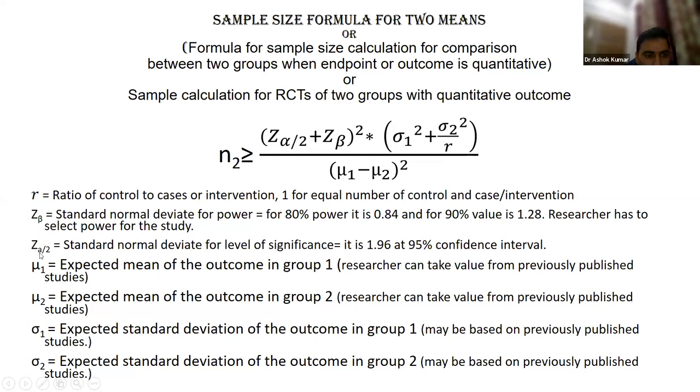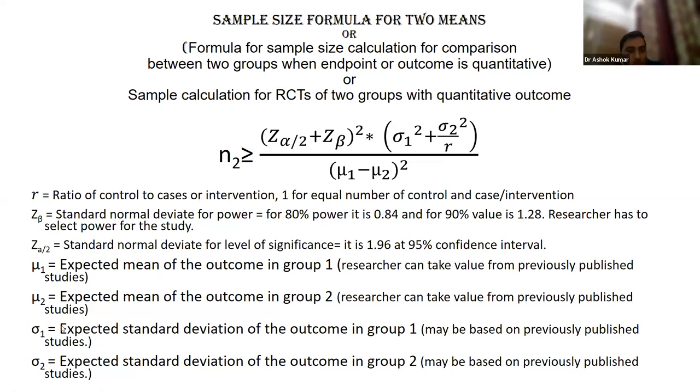When case or control are equal in number, then we use R equal to 1. What is Z beta? We know. What is Z alpha by 2? We know. What is mu1? This is the expected mean of outcome in group 1. So the researcher can take the value from previously published studies. Okay. And then they can take from a pilot study. If they don't find any previous study, they can take their clinical experience, expert opinion, or they can assume